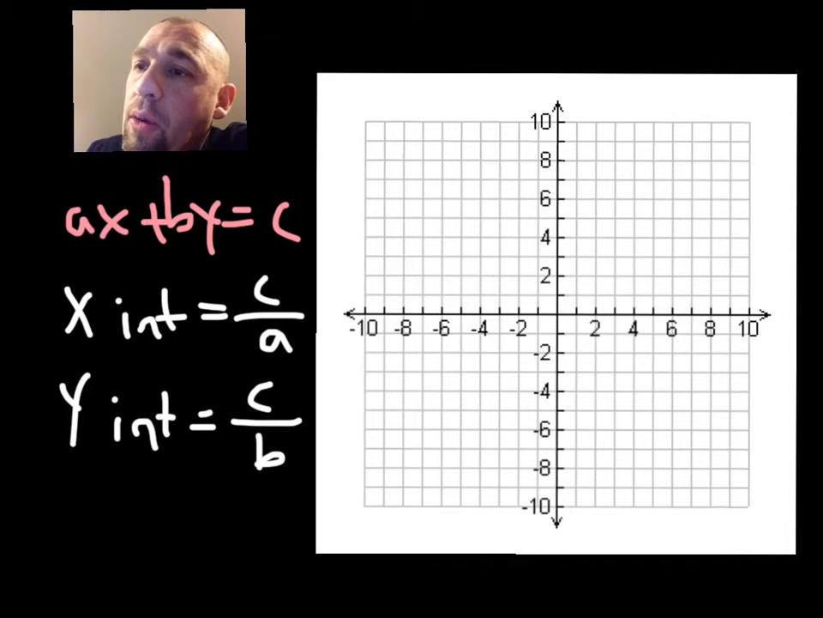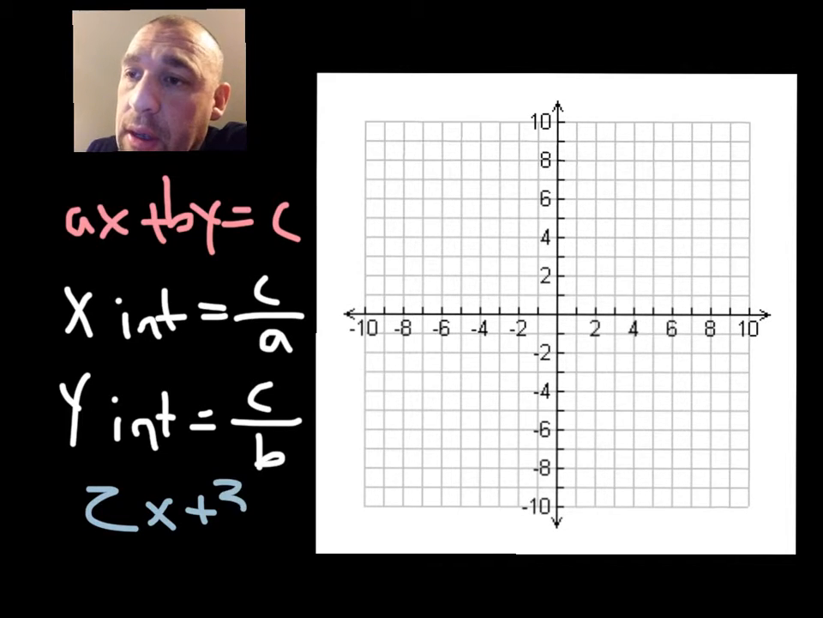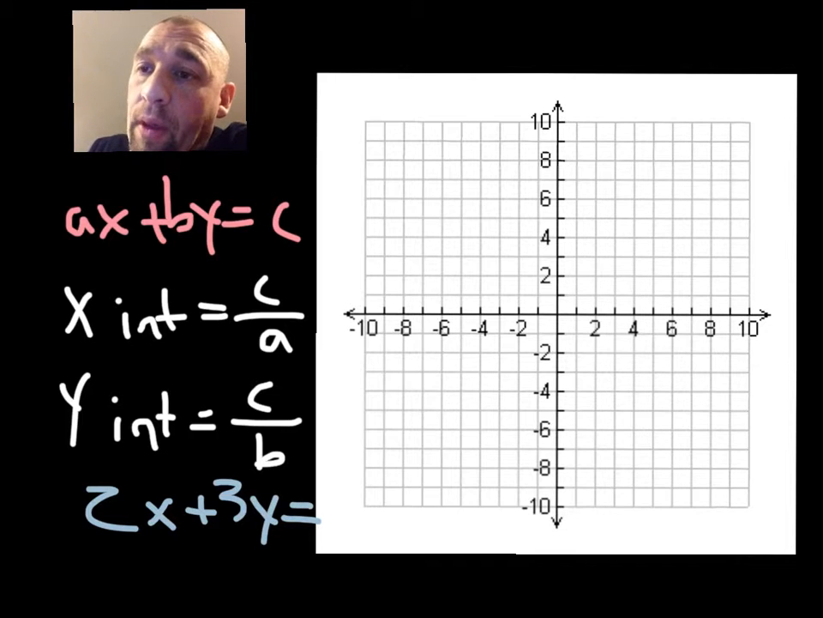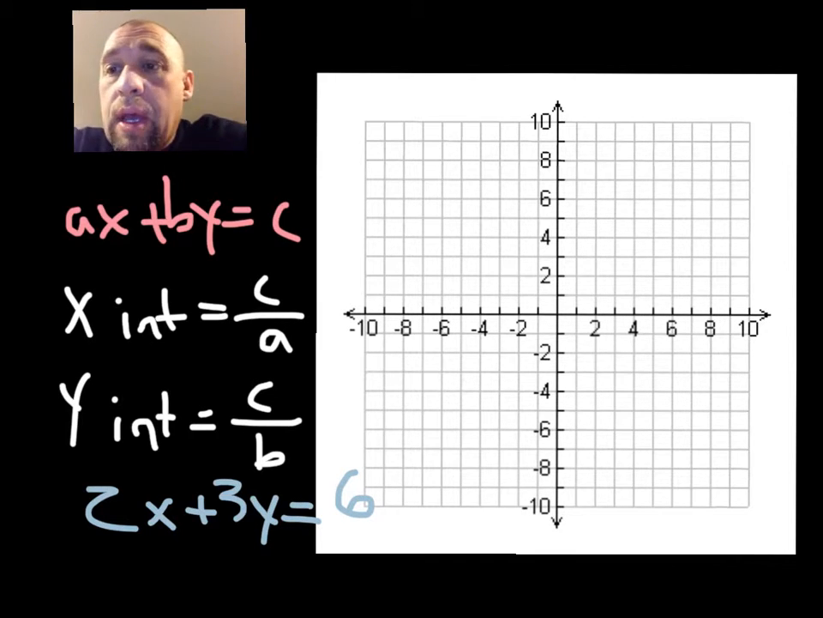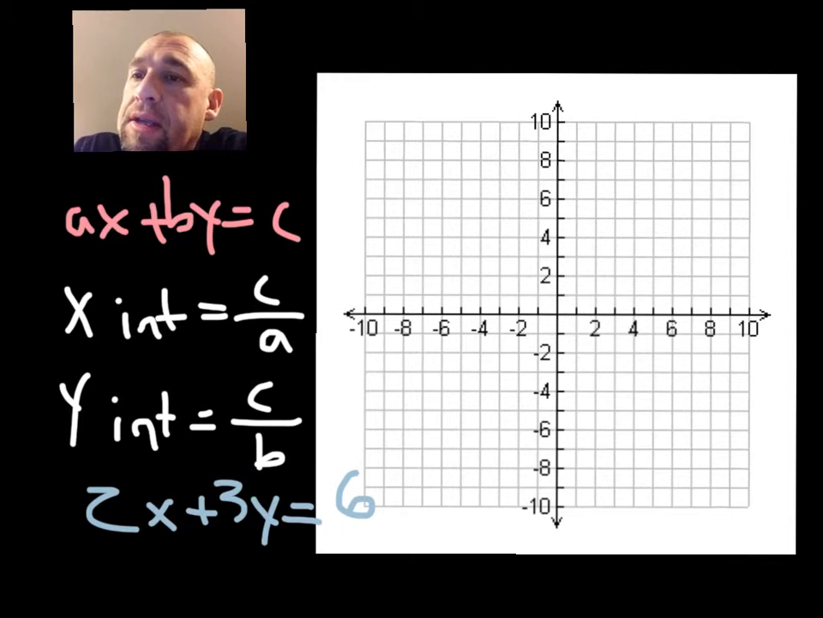Okay, what if you had 2x plus 3y equals 6? And I said, can you graph that using those little tricks? And you'd say, yes, yes I can. So if I said take c divided by a, 6 over 2,